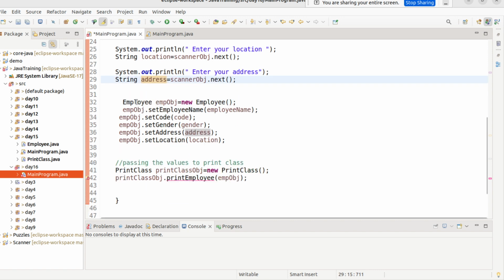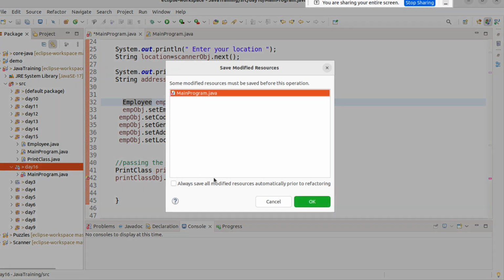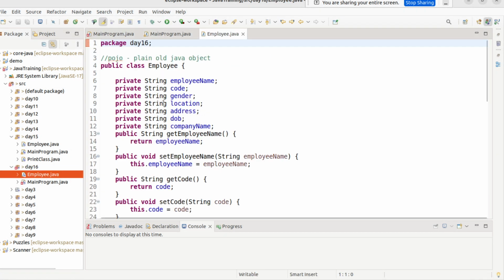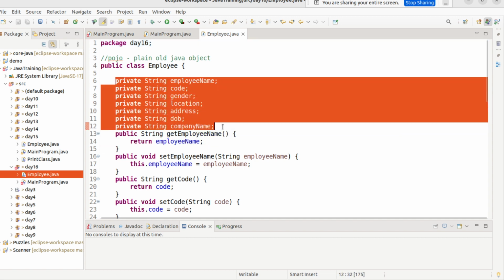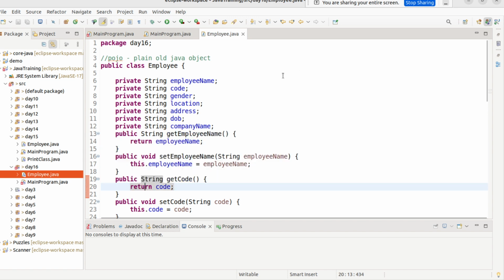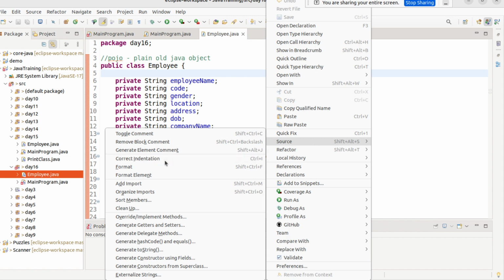And we created an employee class. So copy that also. The employee class had different attributes, and for all these attributes we generated the getters and setters by right clicking, source, generate getters and setters,